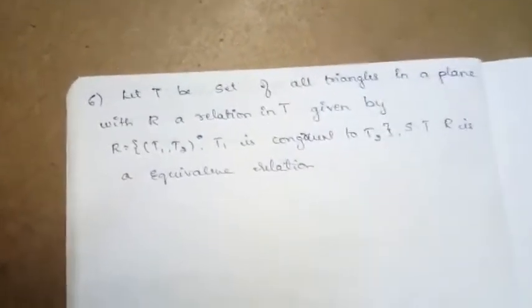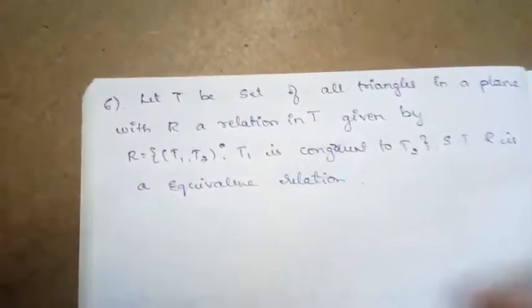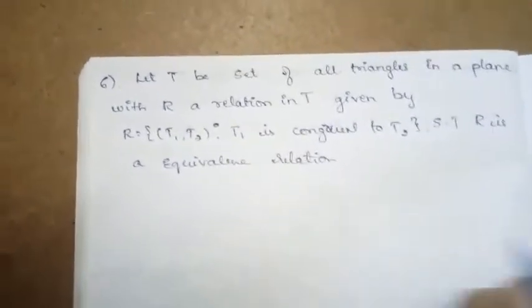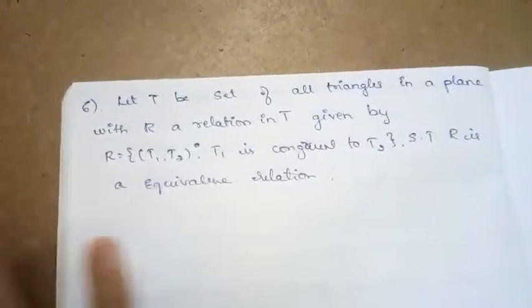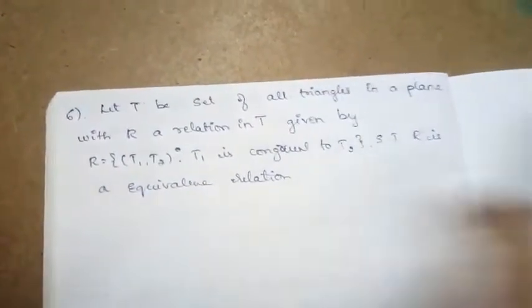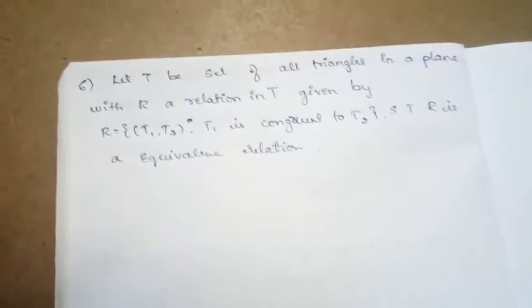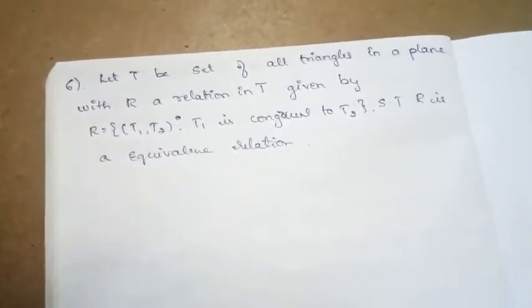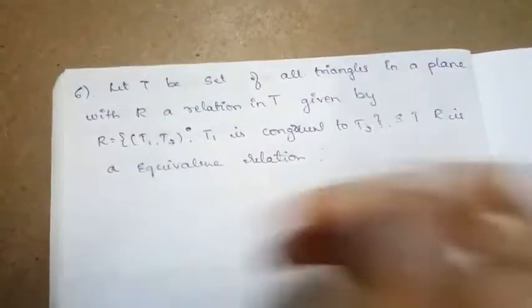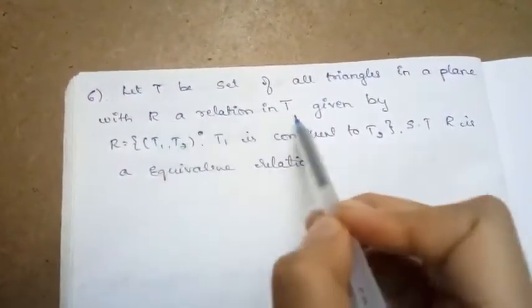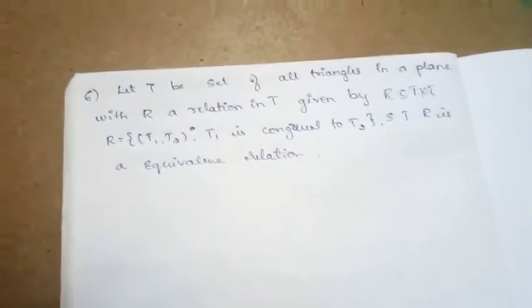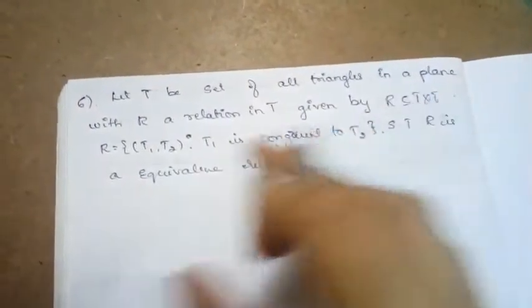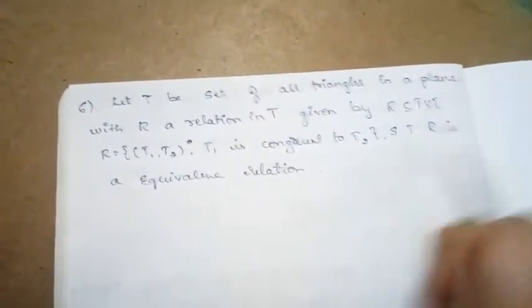So now let us understand some of the verbal type of mathematical questions which satisfy an equivalence relation. In the first question, let T be the set of all triangles in a plane. If I consider one plane consisting of all types of triangles, I am calling that set of all the triangles T, and they have defined a relation R in T, which means R is defined on T cross T. So whatever ordered pairs we get, those elements belong to that same T itself, where T is the set of all the triangles in a plane.